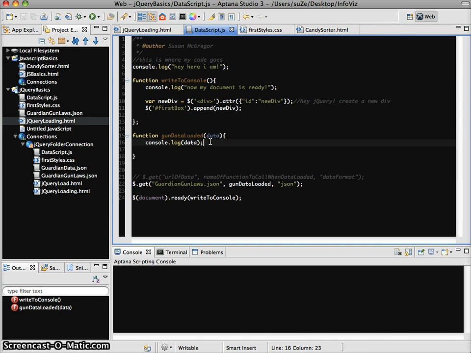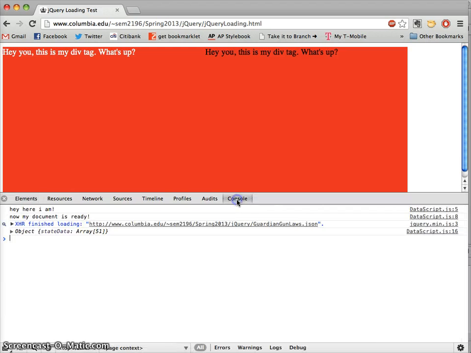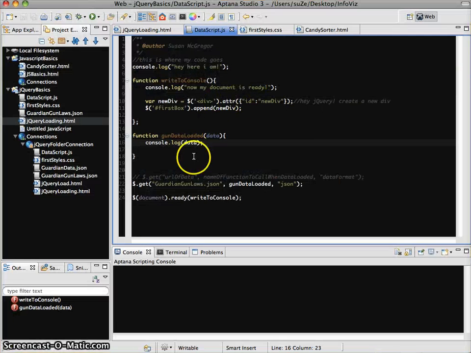So first of all, I just want to take a quick gander at our data here. Flip back to our console. We notice that there's actually a name for the object. It says state data, and then that's an array of 51 things. Right now when we log our data, we're just getting the name, and it's telling us there's an array. If we put that state data property in there, what we're saying is, give us that array that is inside of state data. And so if we do this upload,